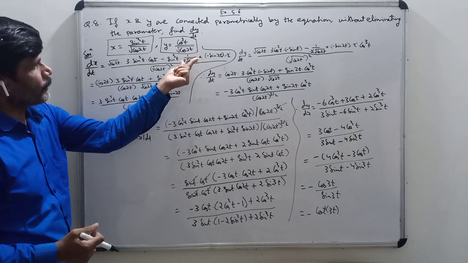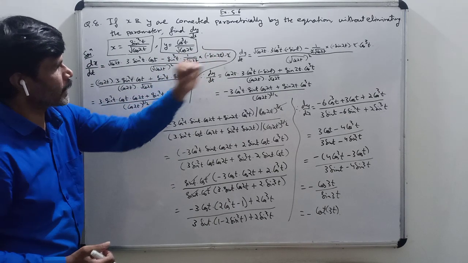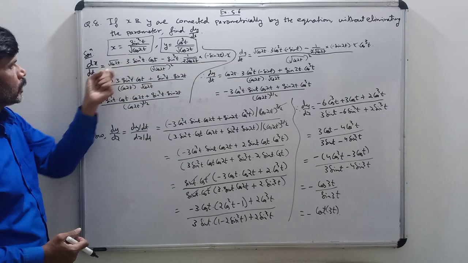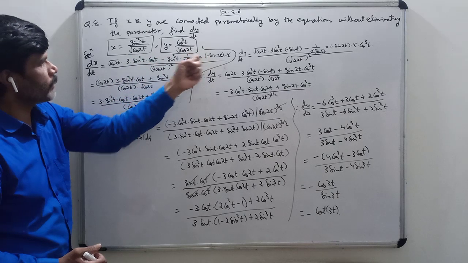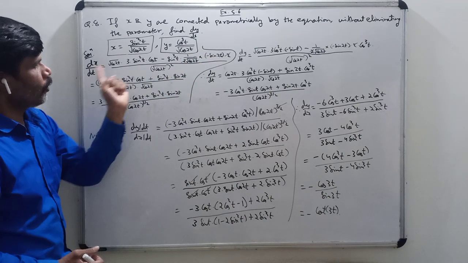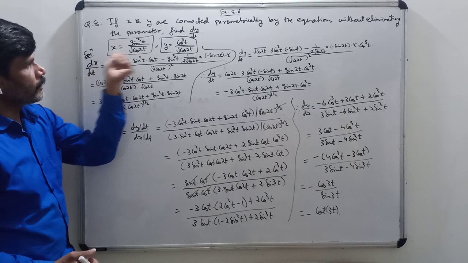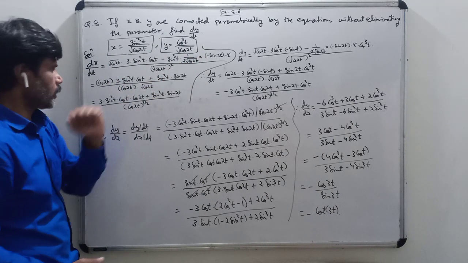Now in the numerator I am taking LCM. So root cos 2t is the LCM. First of all we can cancel 2 also. So 2 gets cancelled. Root cos 2t I am taking LCM. So root cos 2t into root cos 2t will be cos 2t. 3 as it is, sin square t as it is, cos t as it is. This minus and this minus will become plus. Sin cube t as it is and sin 2t. Whole divided by root cos 2t the whole square will be cos 2t. And the LCM of the numerator is root cos 2t, so that will also be in the denominator.